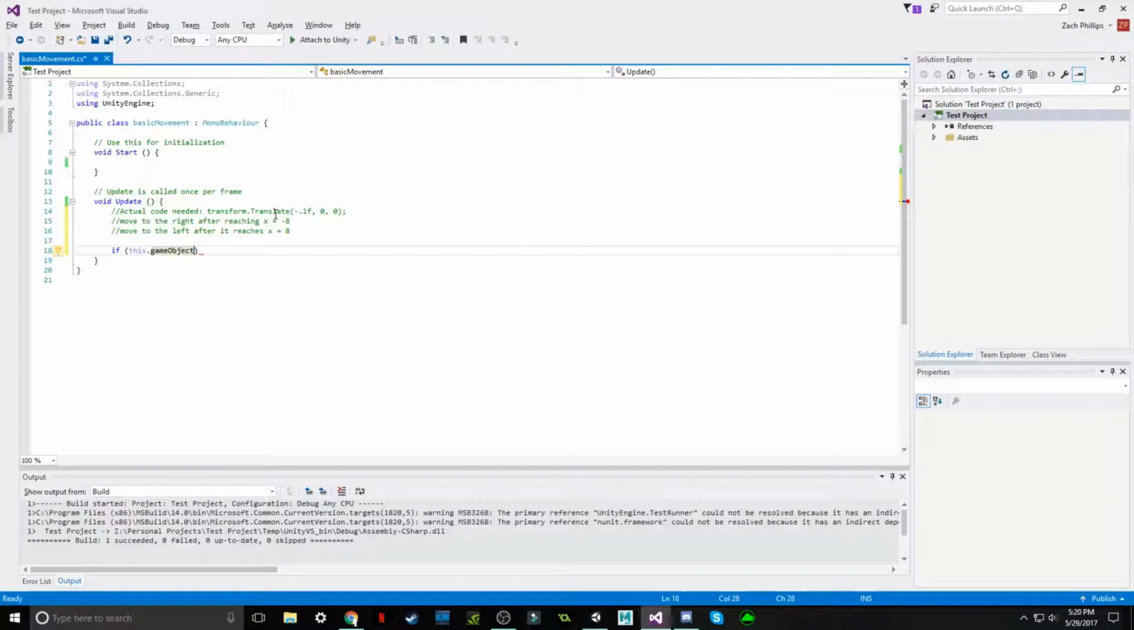So after doing this dot game object, we can do dot transform dot position dot x, and what this does is it's giving us the x coordinate of the game object, and we're going to say equals, and we want it to be -8. So if it is equal to, well, actually let's do if it's less than or equal to -8, then what we want to happen is curly brackets. That shows in C#, that's how you